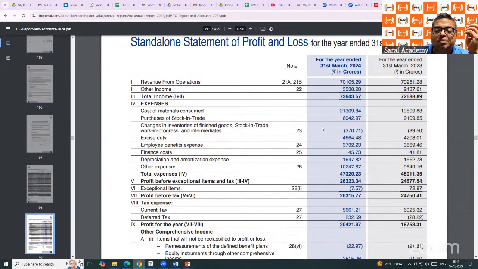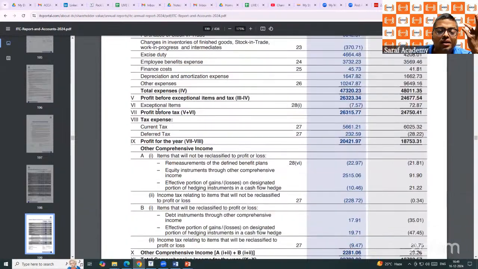Then the expenditure, material, then employee, finance cost, depreciation, other expenses, total, net profit before tax, exceptional item, maybe some loss or income, then profit before tax, then tax में less करने के बाद the net tax, net profit after tax. We are not understanding. We are just saying that